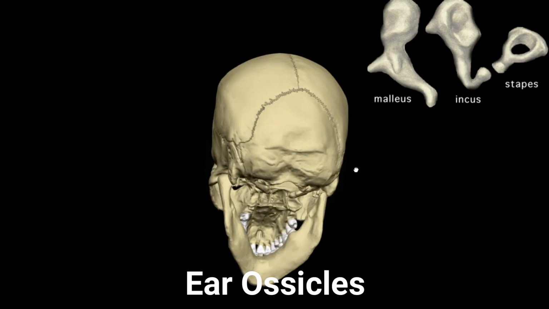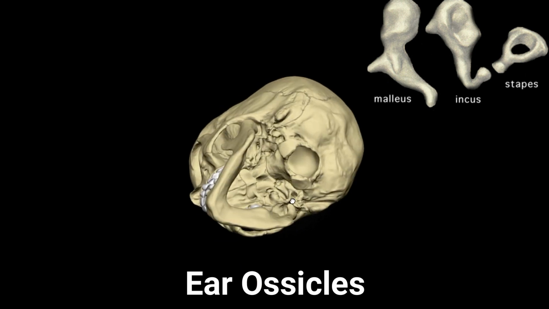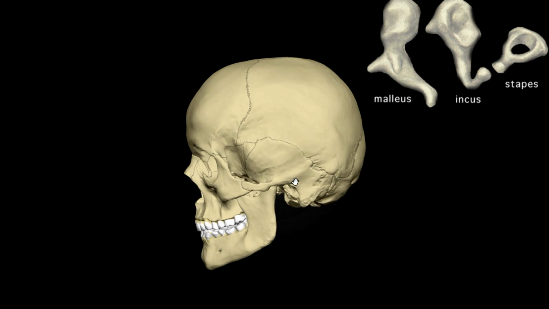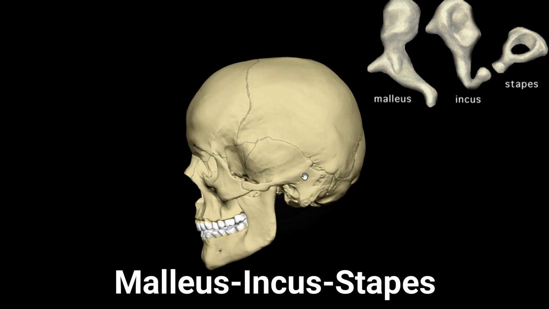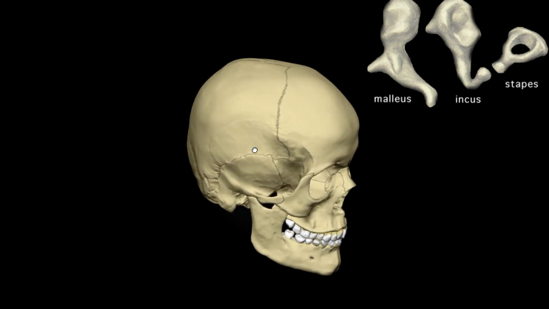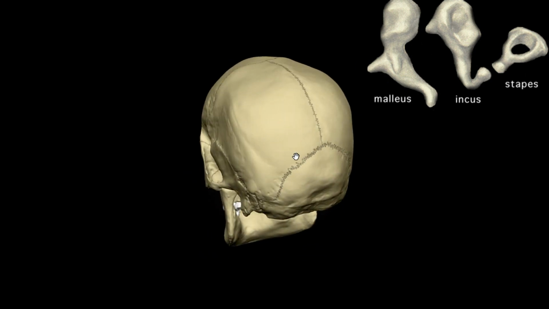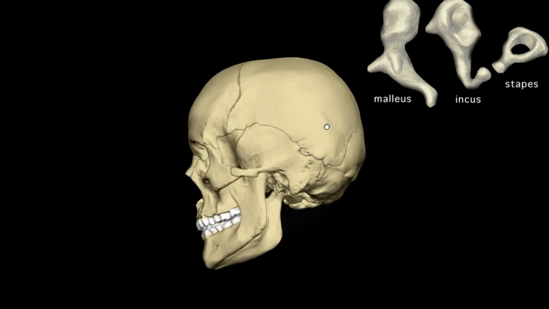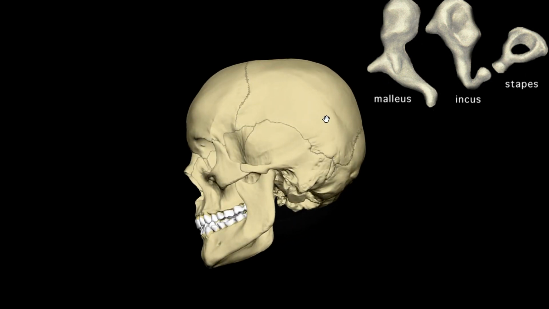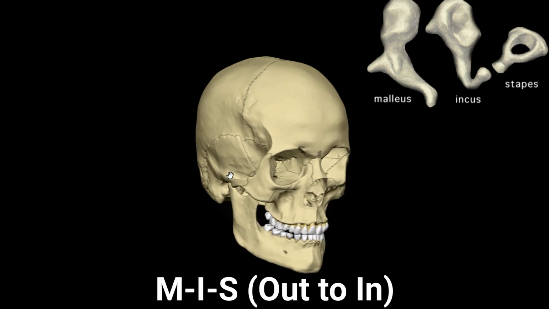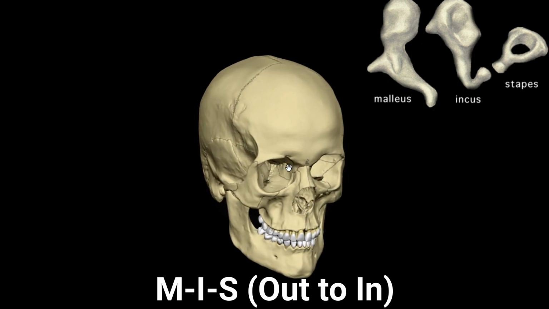The ear ossicles, same. They are inside the skull. They are the three bones of the ear, which are the malleus, incus and stapes. I have created many mnemonics for remembering the bones and their order. For malleus, incus and stapes, from outwards to inward, you can remember them by the mnemonic MIS, miss. From outwards it's malleus, then incus, then stapes.